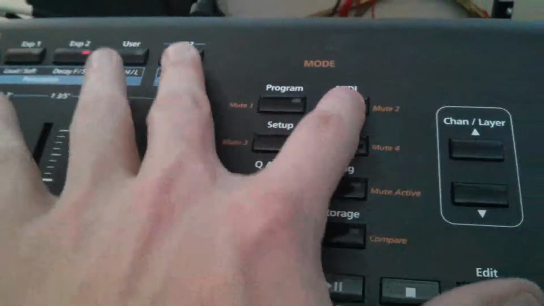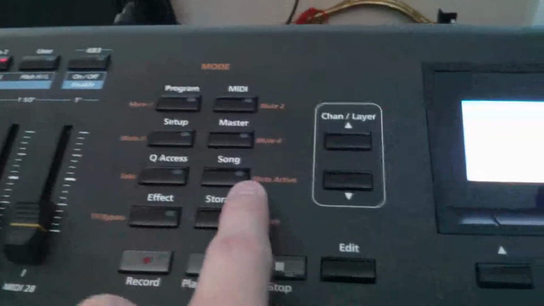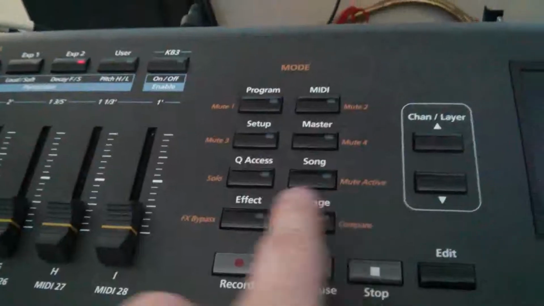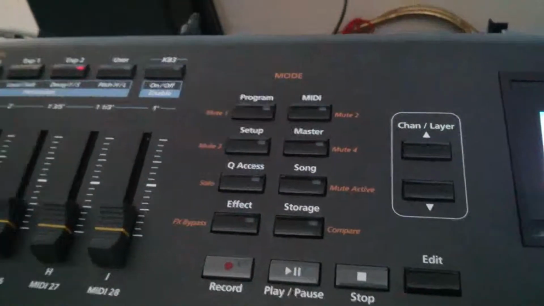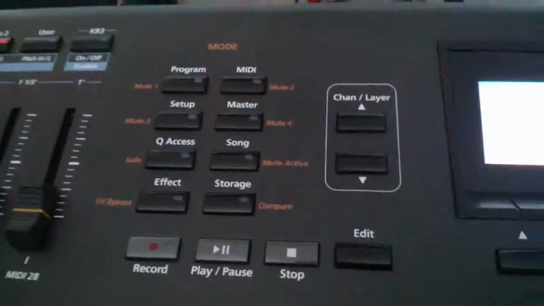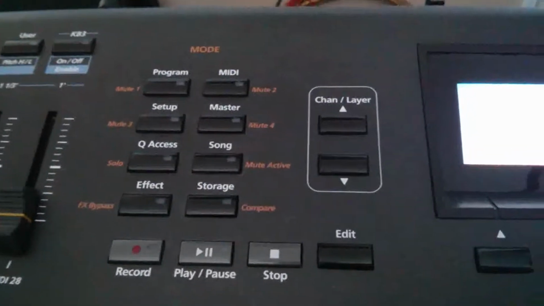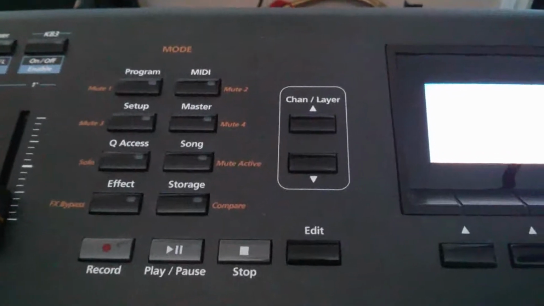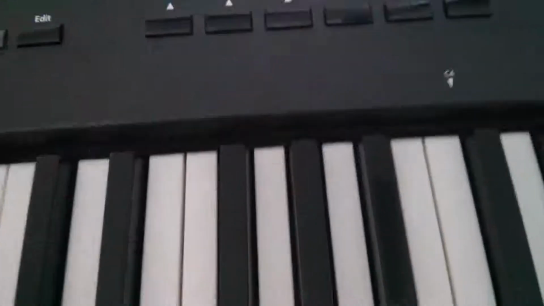And this works so you could do like mute 4 or 5, and then you could say solo. You could say mute active, so whatever screen you're on, whatever layer you're on, it'll mute that, which is super, super handy when it comes to figuring out how this layer is contributing to the overall sound. Something that I wish Kronos did a little bit more easily than it does, but instead you have to go to the amp volume level page, and you can turn the individual levels off for each aspect of the oscillators. But that being said,